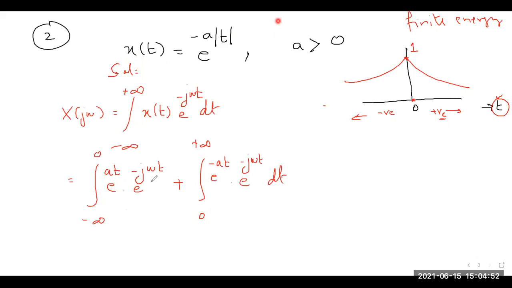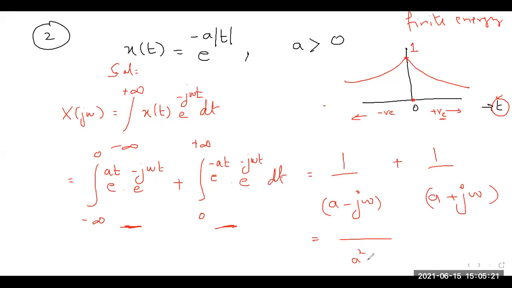So this is a simple integral. I'm not going to spend time on how to find this integral. This is straightforward, so I'm just going to write the answer. For the first integral, the answer will be 1 divided by a minus j omega. And from the second, you will get 1 divided by a plus j omega. And then you can take the LCM. So this becomes a square plus omega square,